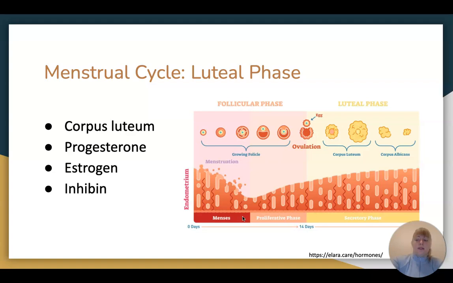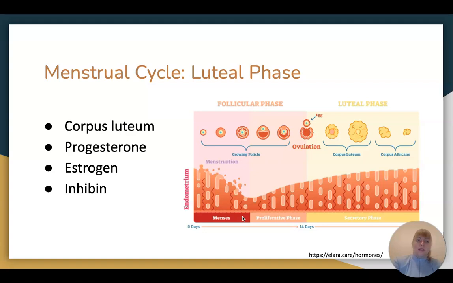And then as the luteal cells degenerate, the progesterone and estrogen production will decrease. This fall removes the negative feedback signal to the pituitary and hypothalamus, so secretion of FSH and LH increases. The remnants of the corpus luteum become the corpus albicans. Maintenance of a secretory endometrium depends on the presence of progesterone.